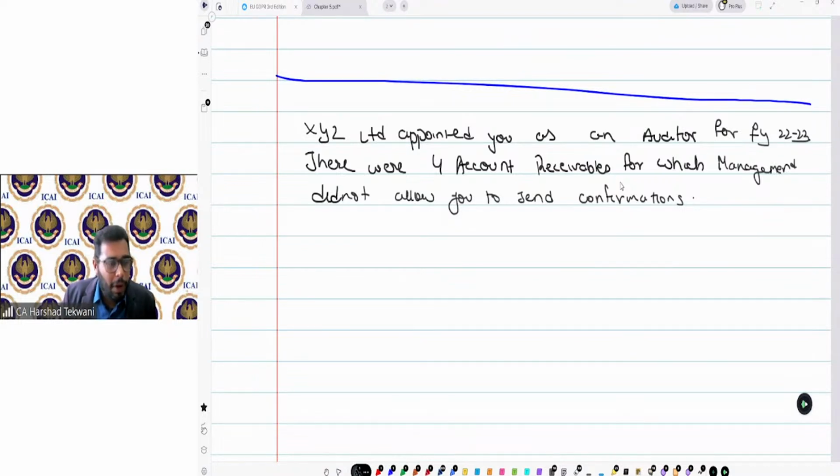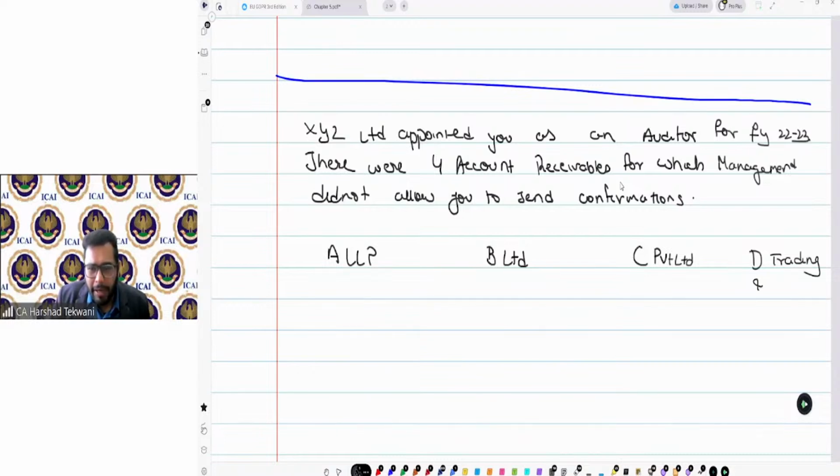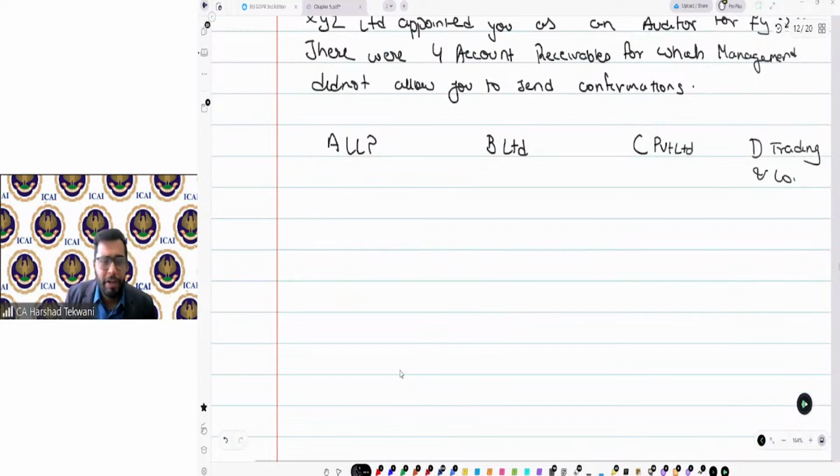Okay, so below are the parties. Let's say A LLP, B Limited, C Private Limited, D Trading Company. So these were some companies or sole proprietorships or private limited companies or LLPs, for which management does not allow you to send confirmation.